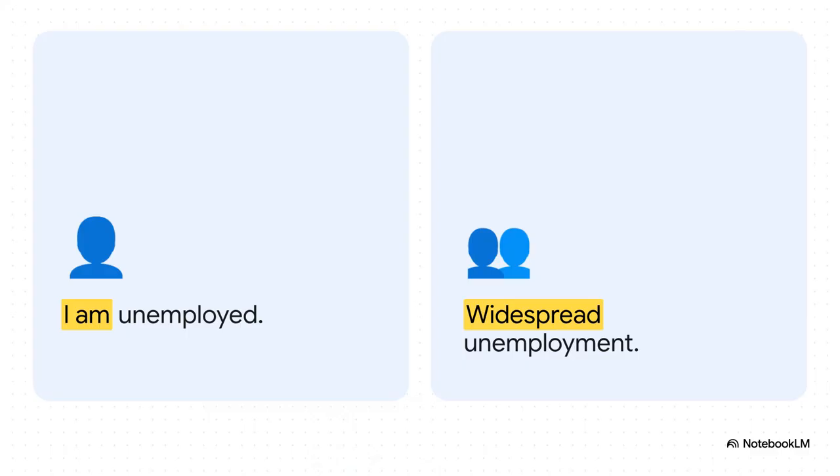So first things first, we need to get a really crucial distinction clear in our heads. Over on the left, you see an individual problem. I am unemployed. That's a personal hardship, for sure, and the cause might be totally specific to that one person. But look at the right. That's a social problem, widespread unemployment. See, this isn't just about one person's bad luck or skill set anymore. It's a condition affecting a massive number of people. It points to bigger issues within the very structure of society. And that's the leap we're making today, from the personal to the societal.